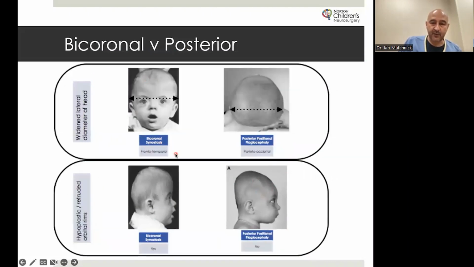With bicoronal synostosis, you get this real widening of the frontotemporal region. With posterior positional plagiocephaly, it tends to be posteriorly. The widening tends to be parieto-temporal, or occipito-parietal, really. And here you can see their hypoplastic eye ridges. This face looks flat and elongated rostrocaudally. You know, if you were to hide everything behind here, you would deem this face to be essentially